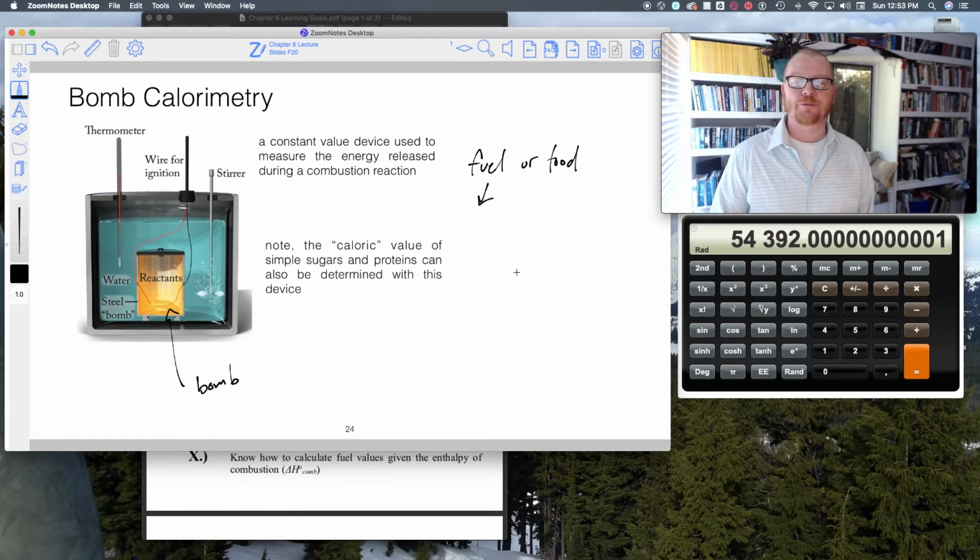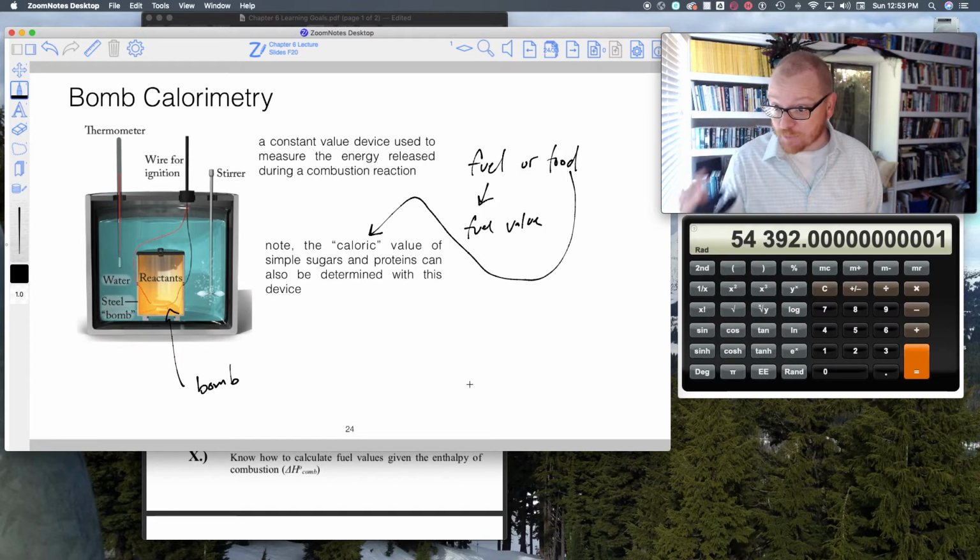With respect to food, you get what's called the fuel value. So that actually tells you how much energy you get out of this fuel. With food, you can actually get the caloric value using this bomb calorimeter. Okay? So in other words, what you're doing in this experiment,